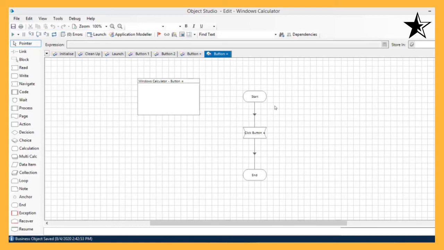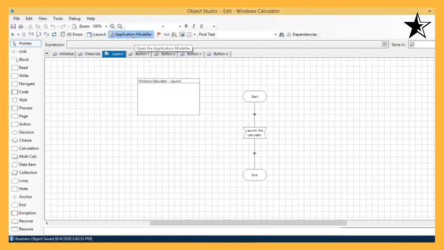Okay, so what we have done, we have created one VBO, that is Windows Calculator, to use the inbuilt calculator. For opening the calculator, the first action should be launch. So we have used one action page and renamed it as launch. And then we are training the application modeler to launch the application. To launch the application, we need to define the application modeler, right?